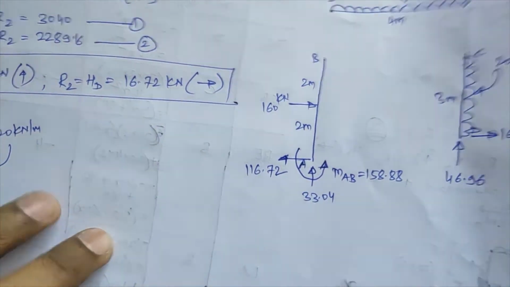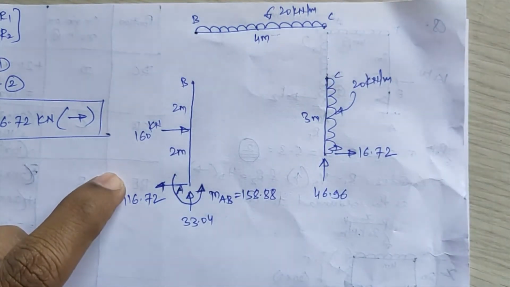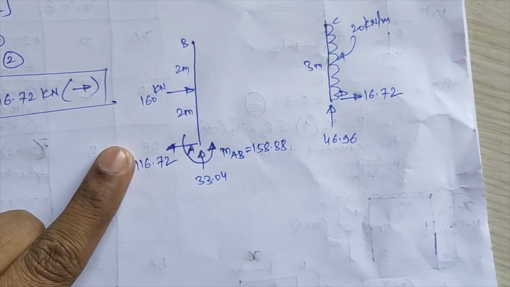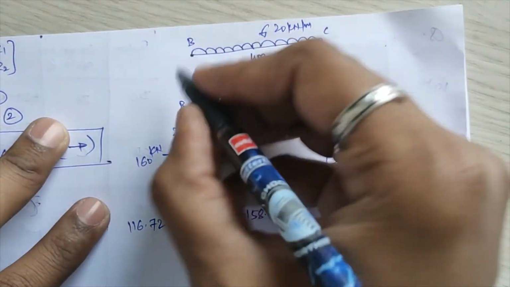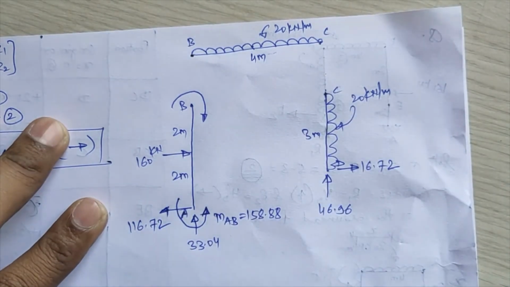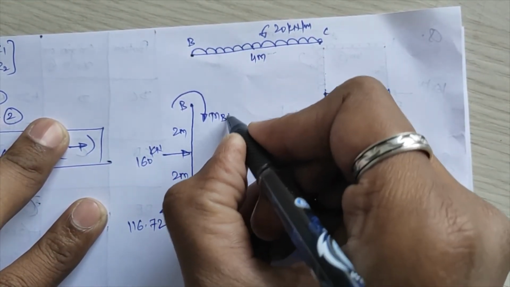We'll try to solve this. So first you have to calculate the moment at the B end for BA over there. So what I'll do, I'll take moment at this point simply. So initially I'll assume, suppose this MBA moment is acting clockwise in nature. So here I am writing MBA over there